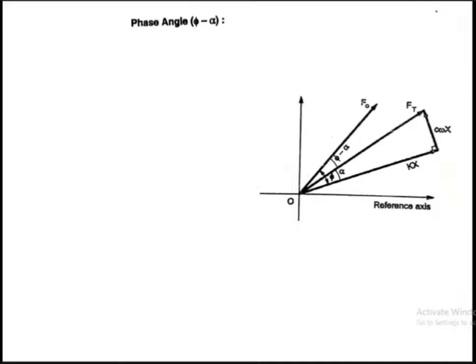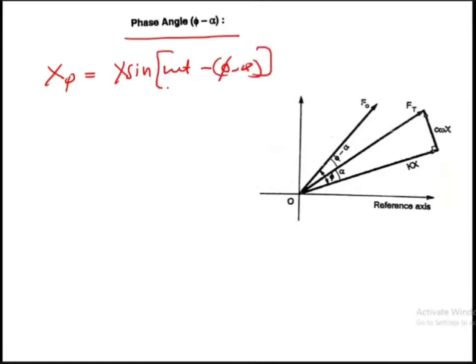Now the phase angle. Obviously, the phase angle is nothing but phi minus alpha. Already I have explained this in the particular solution. Xp is equal to, because we are always interested in the steady state vibration. There are two types of vibration, transient and steady state. The particular integral defines the steady state vibrations, which remain, and transient vibrations become zero or die out. So Xp is equal to X sin(omega t minus phi minus alpha), right? We understood this in the last slide. So here phi minus alpha is nothing but the phase angle. So let's derive the formula.